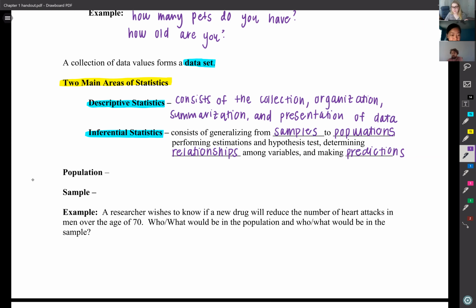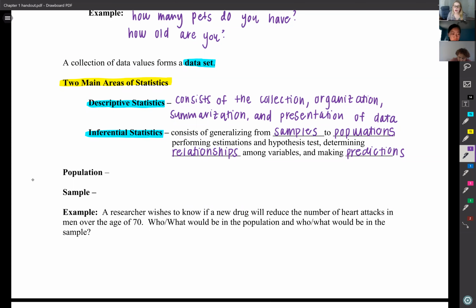However, inferential statistics is a little different because it has the goal of generalizing from samples to populations, talking about relationships between things, and then predictions. An example would be a medical study on a new drug or medication, where you take a group of people and do an experiment to see how well the drug works. Then you hope to take those results and generalize them to the whole population. So let's say your study comes back and says this new drug works really well. Great, we can generalize that and use the drug for the whole population.